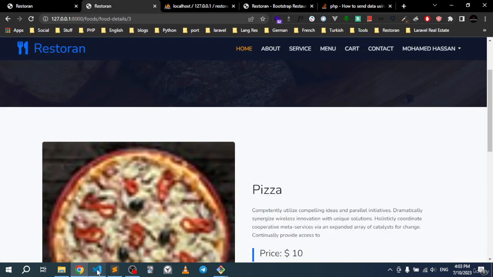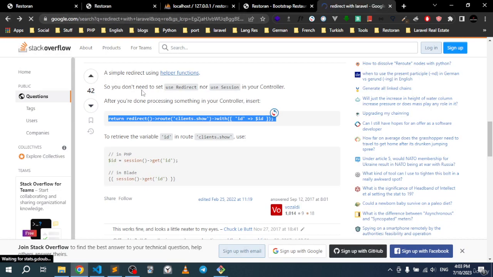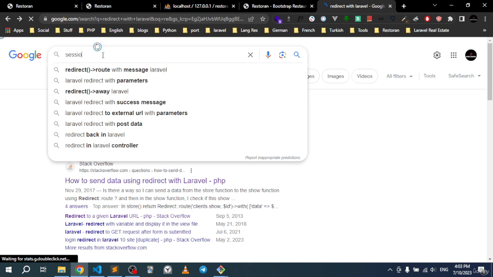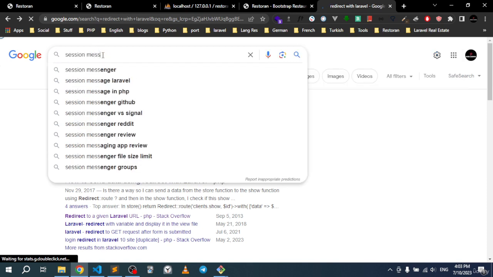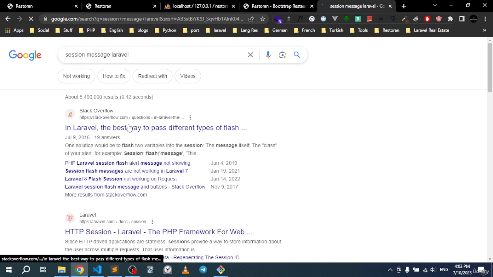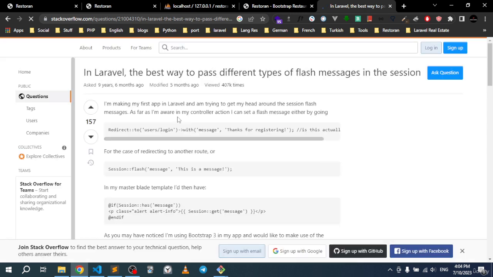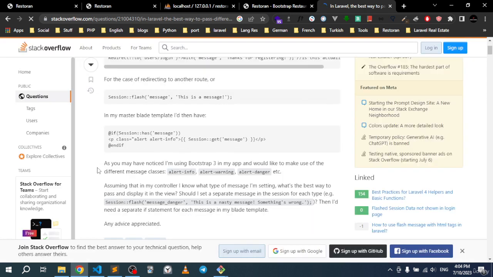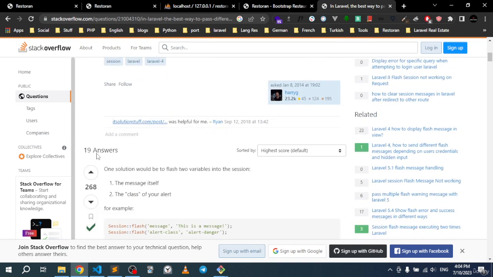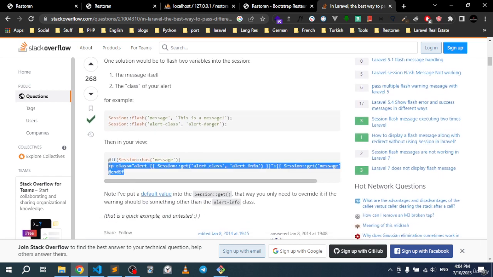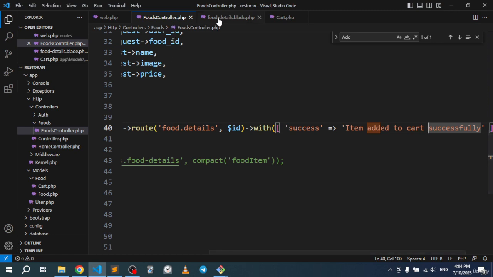So let's go ahead and try to add the part right here. I want to pick this up online, so I'm just gonna search session messages, session message in Laravel. I'm gonna click this link. Hopefully we can find the code that I'm looking for. All right, you can see that we have this code. This is the code that we can pick up. This should be added inside our own view. So copy this and let's go to